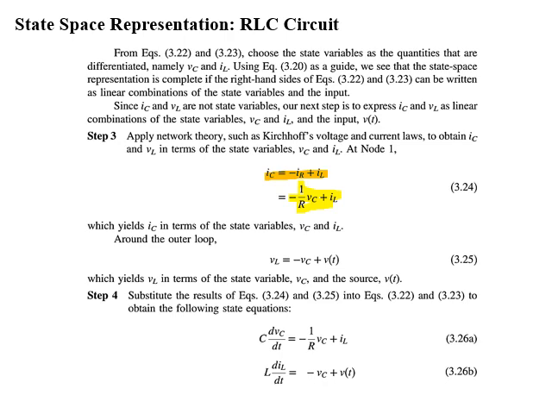Now we will apply KVL at outer loop, from which source voltage will be equal to voltage drop across inductor and voltage drop across capacitor. And from this, voltage drop across inductor will be equal to minus voltage across capacitor and source voltage, which is